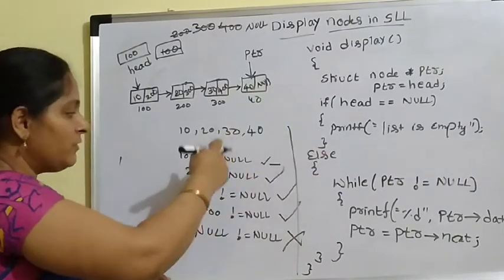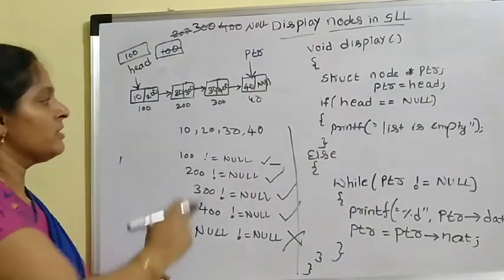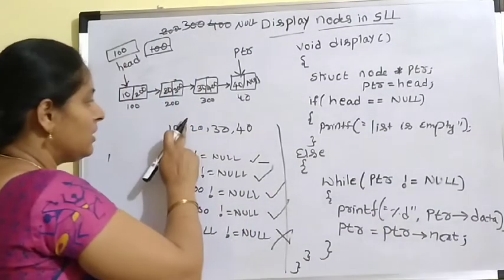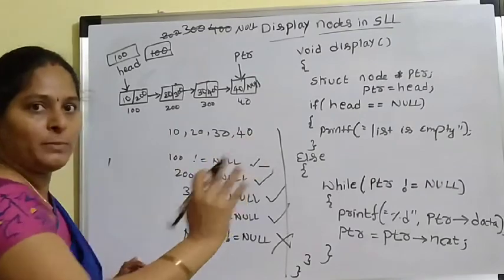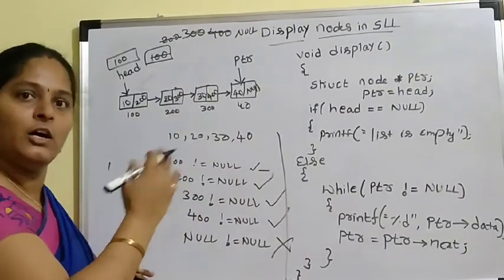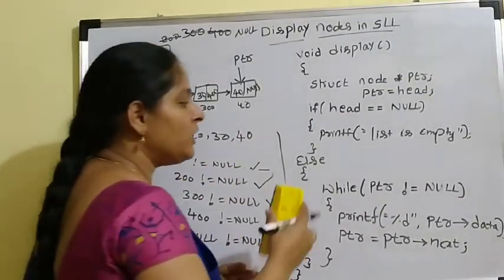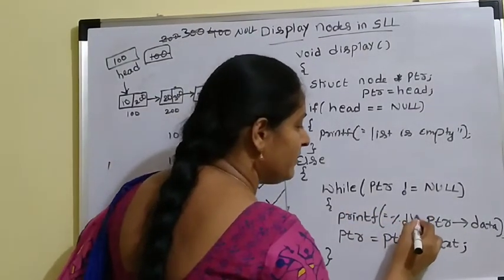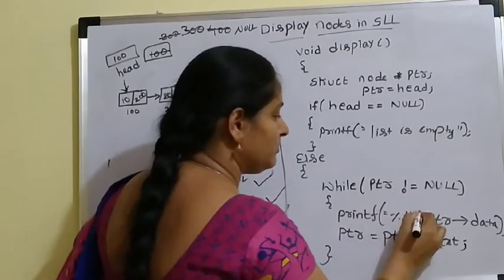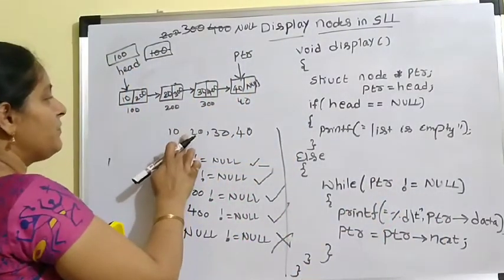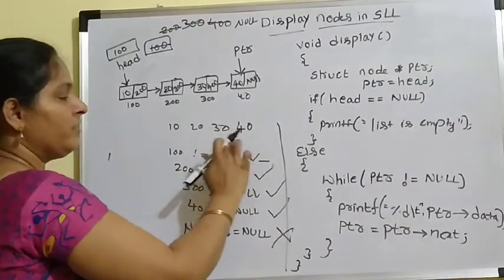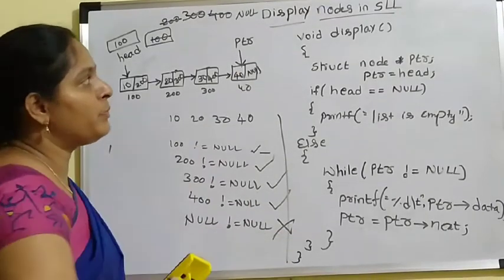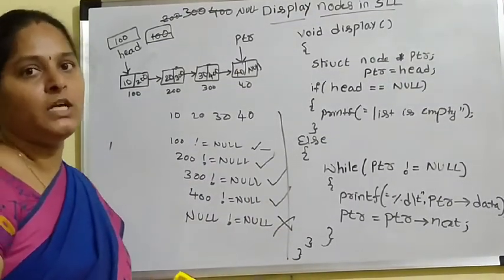While traversing, we are printing all the nodes' information. So here in the printf statement, directly we have given %d. So between the node numbers, there will not be any space. One after the other, everything will be printed. If you want to present it in a clear manner, just add a tab space between each and every node. Okay. So after 10 and 20, while printing each and every node, the tab space will be included. So this is the way to print the values of the linked list.